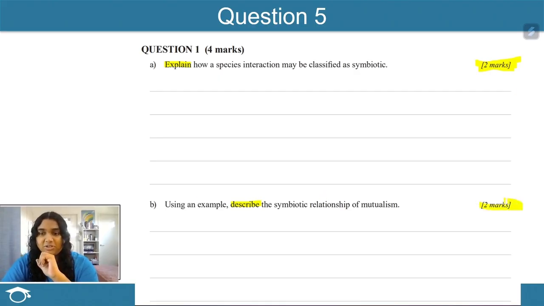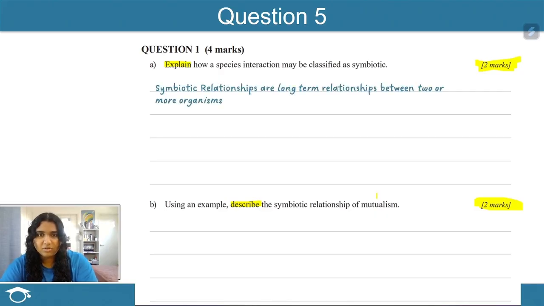It's the same thing with part B. This time around, you're wanting 2 different marks here. For this one, it's a little bit easier. I guess you could say the description of mutualism would be worth 1 mark in this case. And then using the correct example to back up your description would be worth the second. So that being said, hopefully all of you have either written the answer already or pause now and write the answer to the question. And I will go through the marking scheme right now.